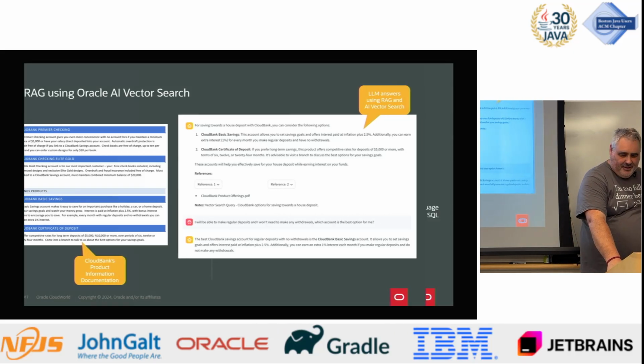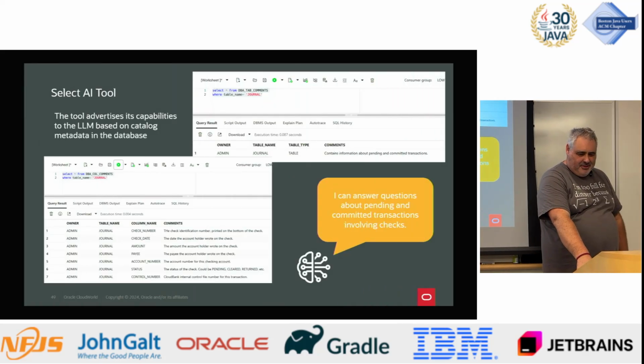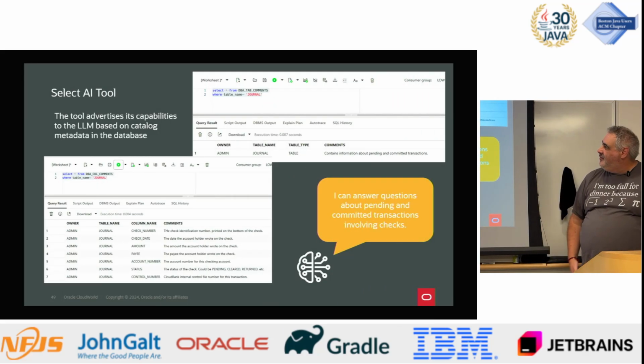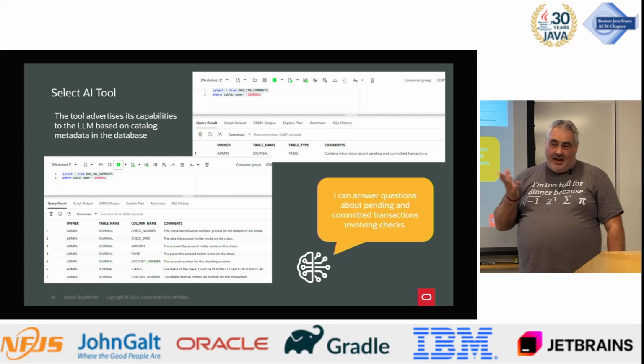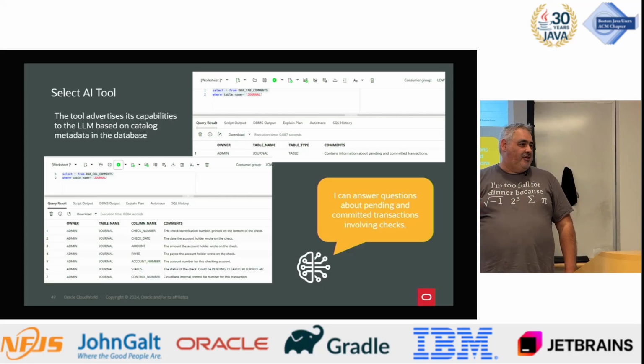What else do I have here? Some other interesting stuff you can do: we do have a tool that can use the catalog. In Oracle, and I'm sure in other databases, there's a catalog which describes your tables and your columns.